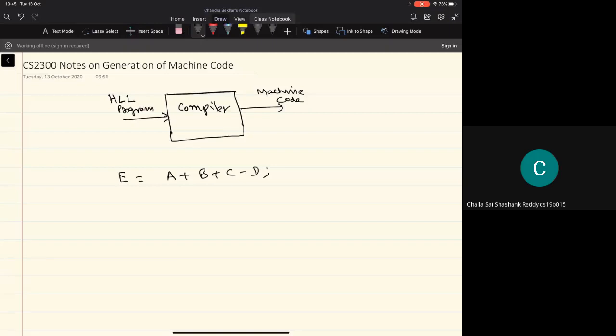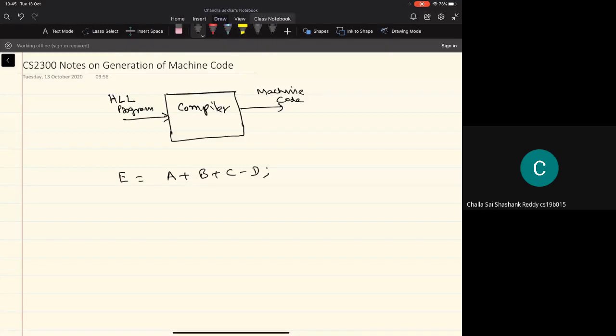Actually, we have to declare the data types of these variables and then carry out these operations. We'll not worry about that part for the time being. So this is a higher level language arithmetic statement.